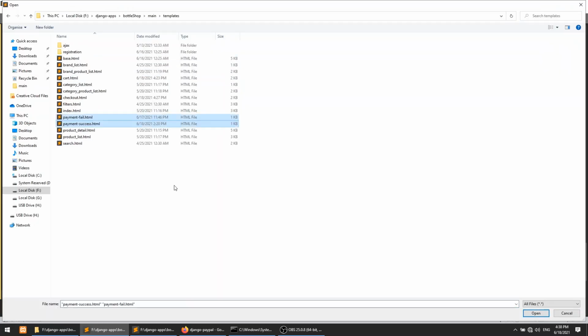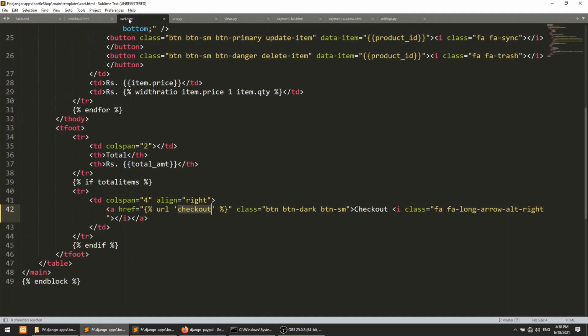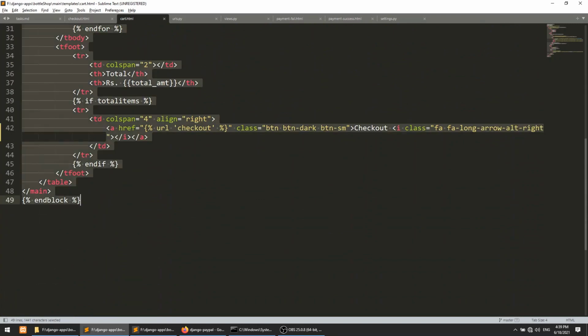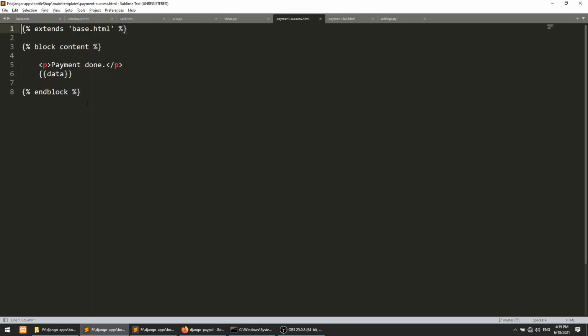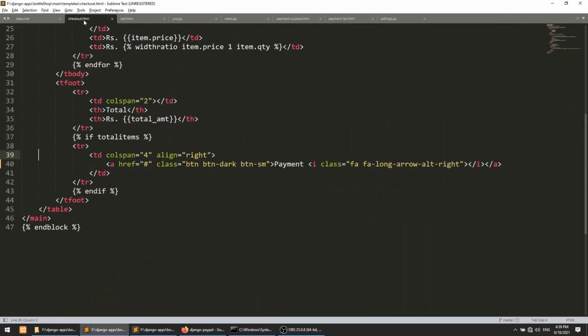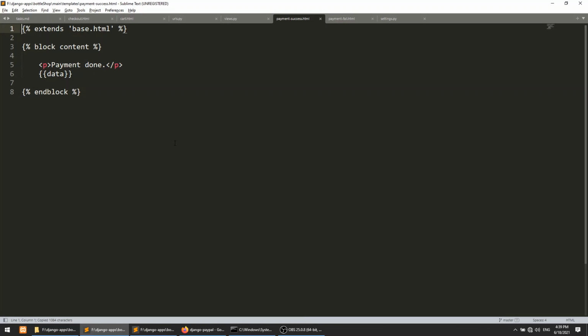So here I will copy this, and let's make it a proper design. I will check this. I will copy all the things, and here we have payment success. Let's say we copy this checkout, copy payment success.